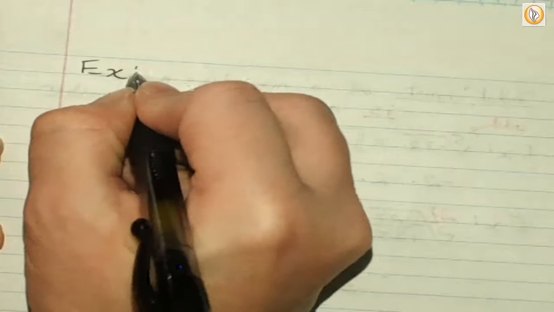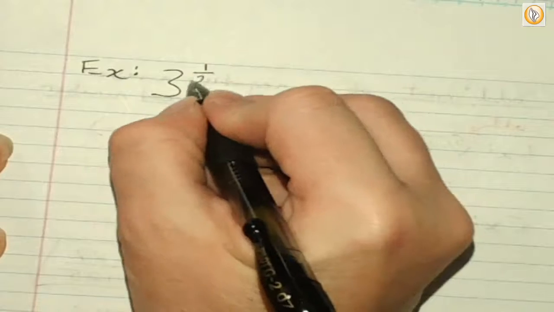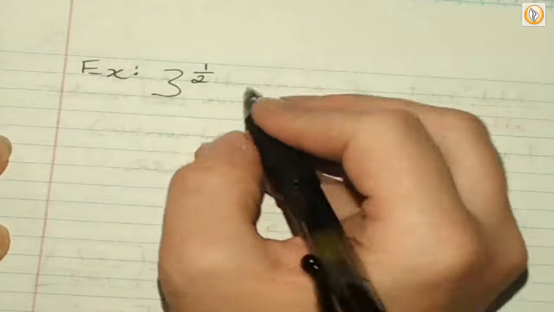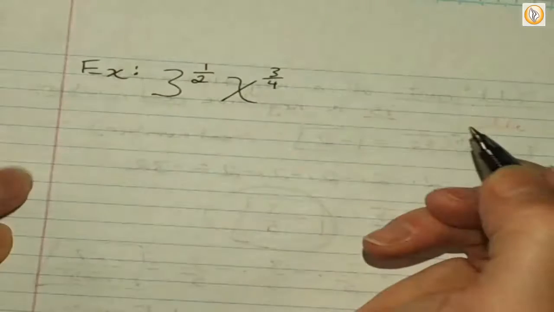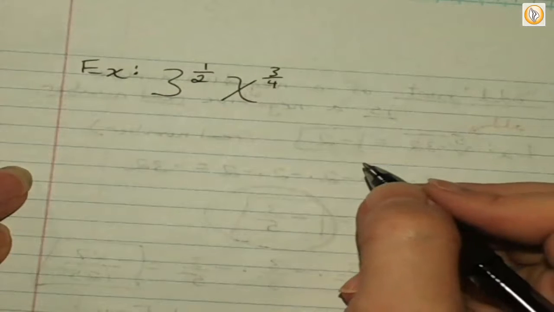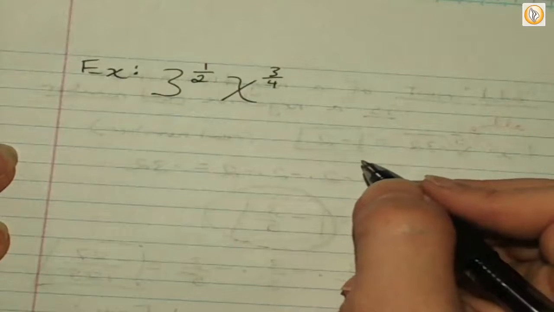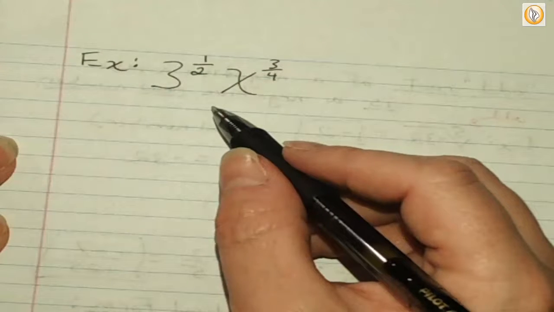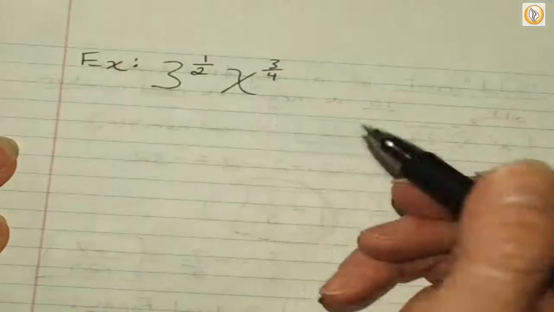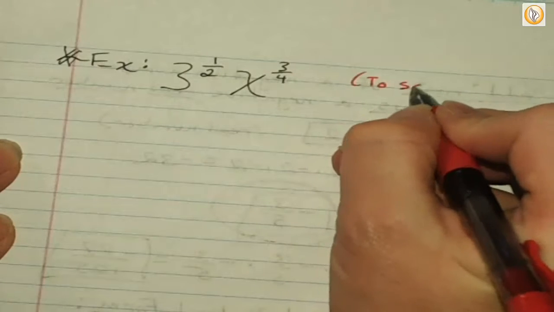All right. I have another example. Now I'm going to take it a little further. 3 to the 1/2 exponent times x to the 3/4 exponent. Now, to solve this right here, I'm going to put a big old star here. To solve